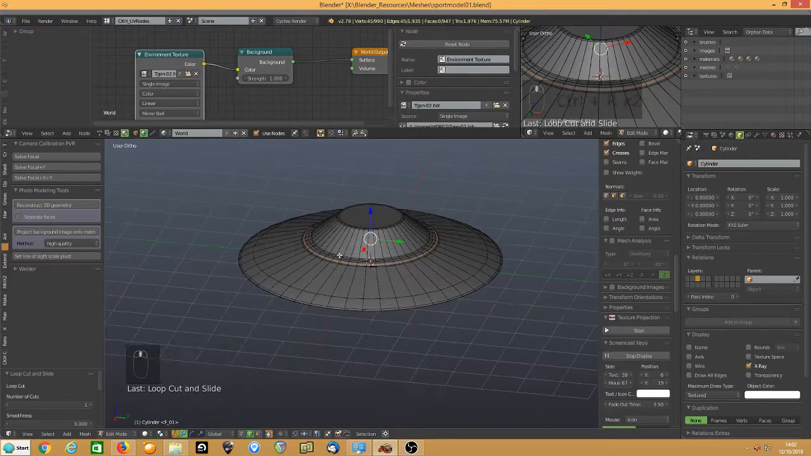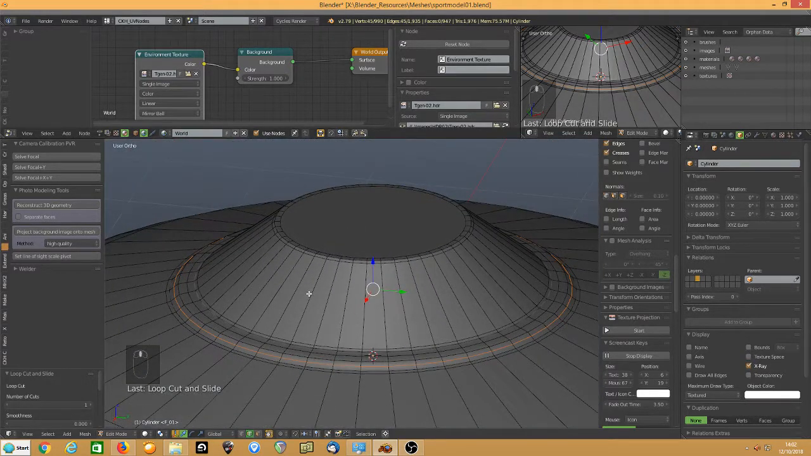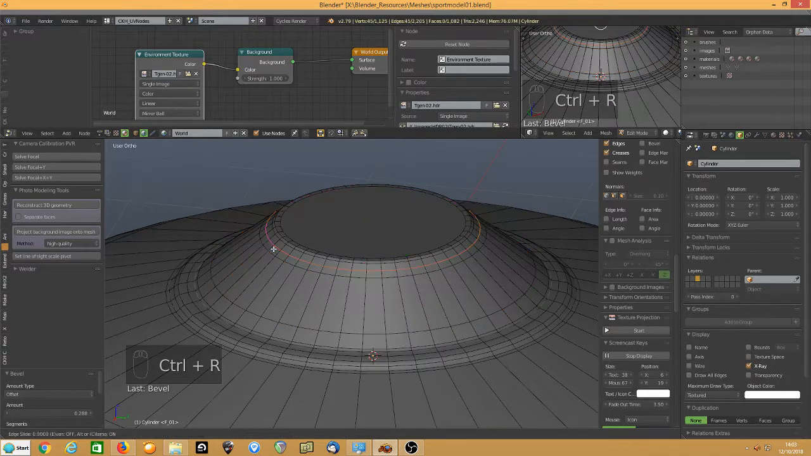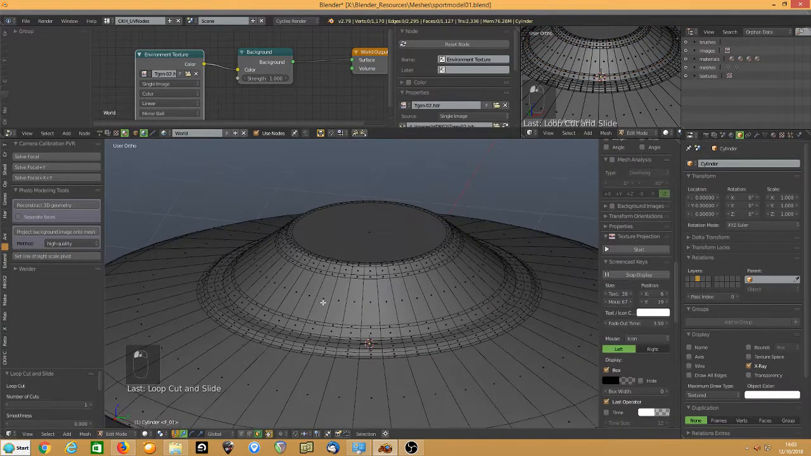And just firm that up a bit, and then you want your windows, so do a Control R, then a Control B to give me roughly the height of the windows I want. Just add another couple of edge loops there. Then, sort of taking it from the top,